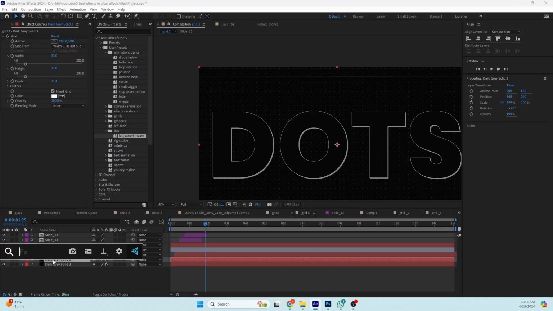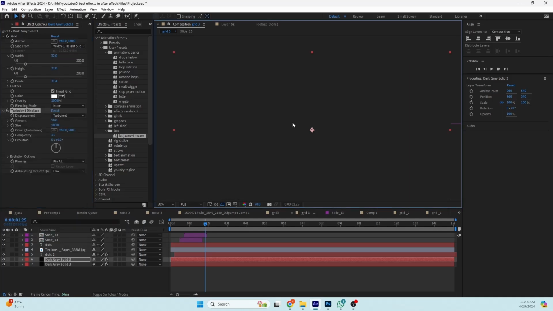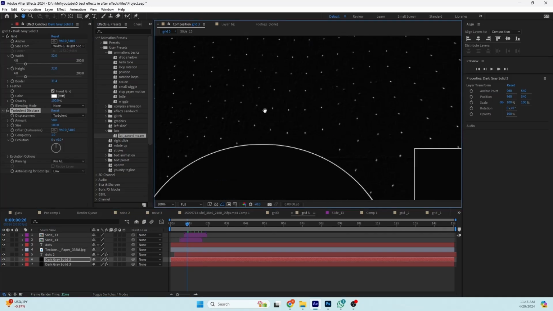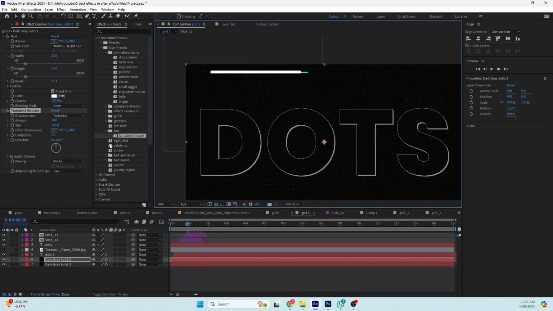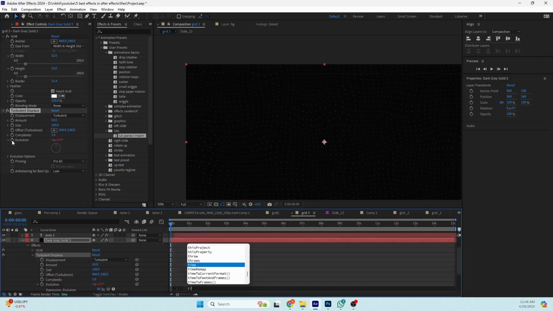You can also apply a turbulent displace. Basically, it distorts the pixels on the structure. You can see if we just increase the size. So that is good. And then I will just animate this by clicking the evolution tab, alt clicking and typing time